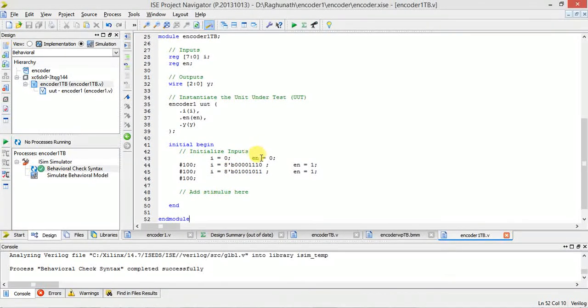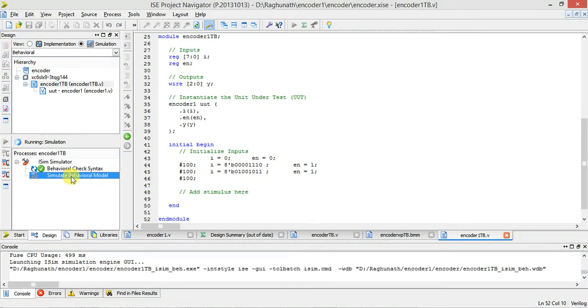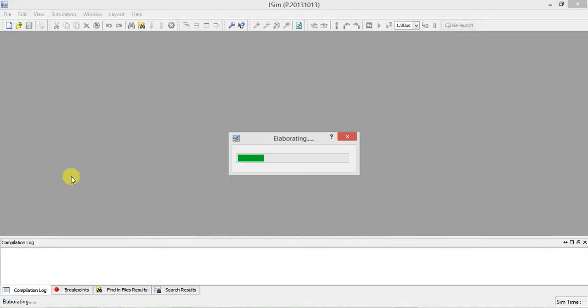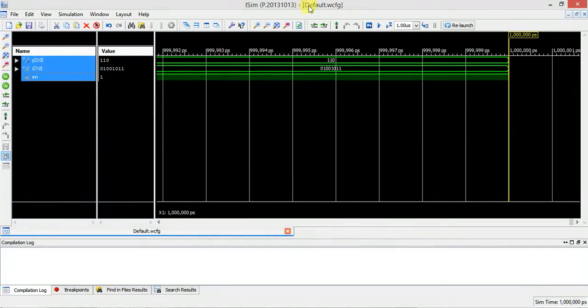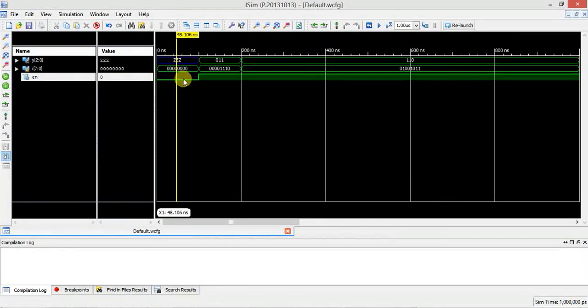I gave only two combinations. The first combination is what? Enable is 0. When enable is 0, ZZZ will come. For these two, enable is 1, so two outputs should come here. First case, enable is equal to 0. Any combination you give, not only 000, output remains ZZZ.